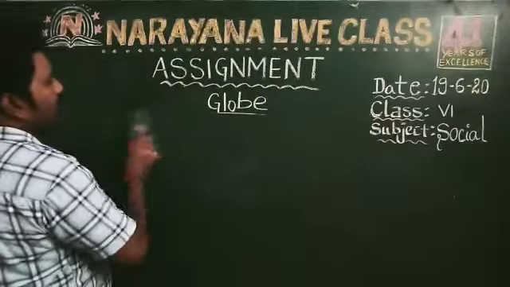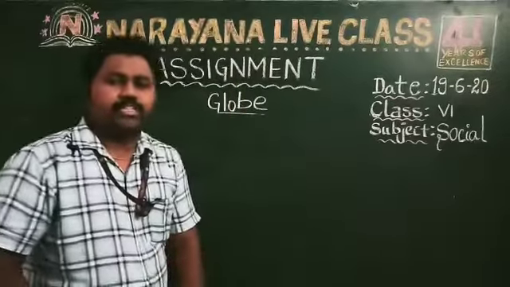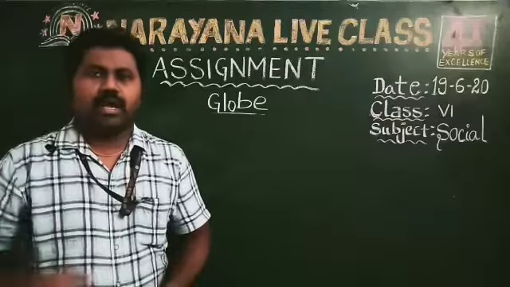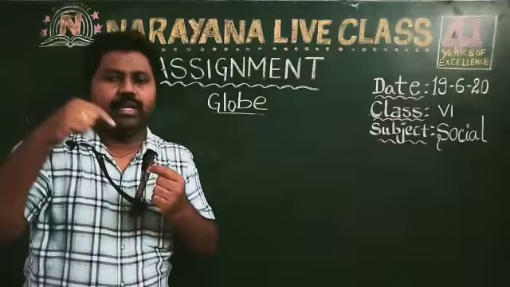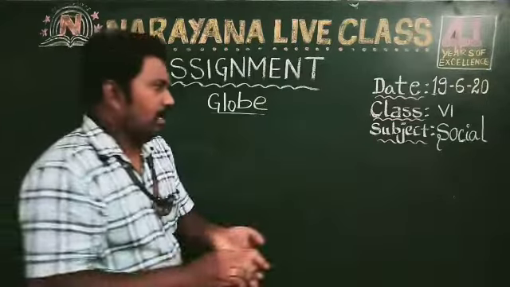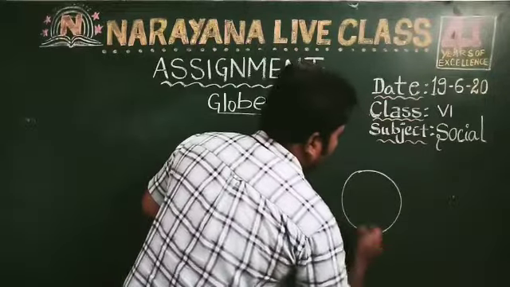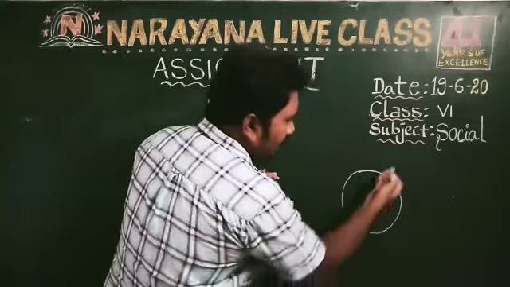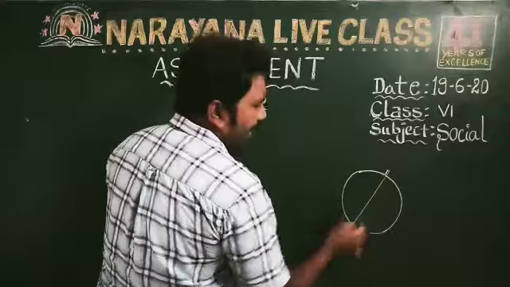Now let's move on to the 8th question. The 8th question is define axis of globe. So a needle is fixed through a globe in a tilted manner, meaning a slanting position. Like before, I draw one globe here, right? So this is the globe. One needle is fixed through the globe in a tilted manner. So this is called the axis.